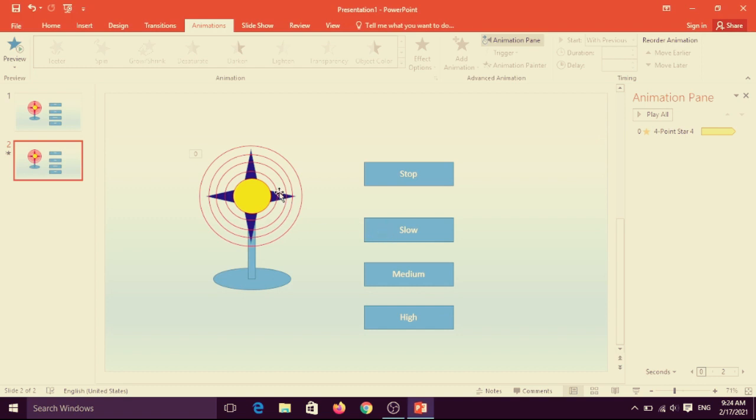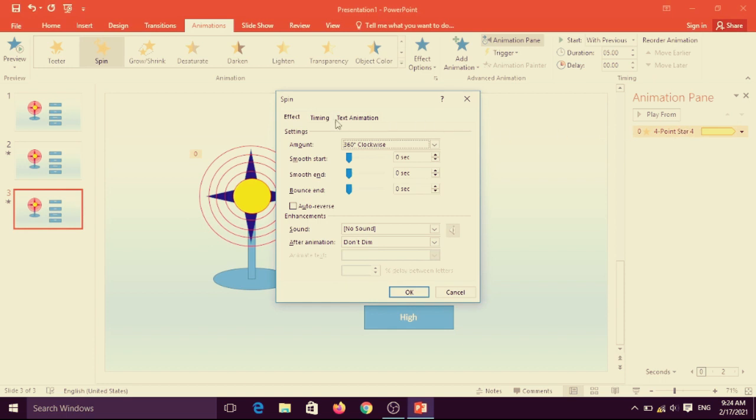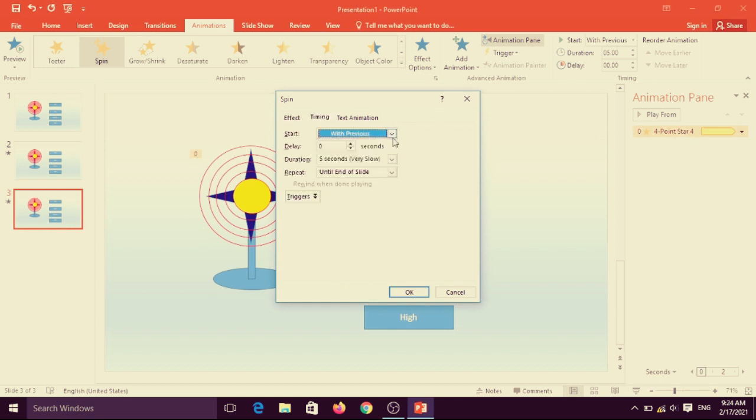Your first slide is there, and then after second slide once again copy, and then Ctrl V means paste same, or you can choose the duplicate of that one, Ctrl plus D. Yes, it is a duplicate, and now this will be second one, and give the medium with previous and choose the duration, it is a medium, and click on OK button.